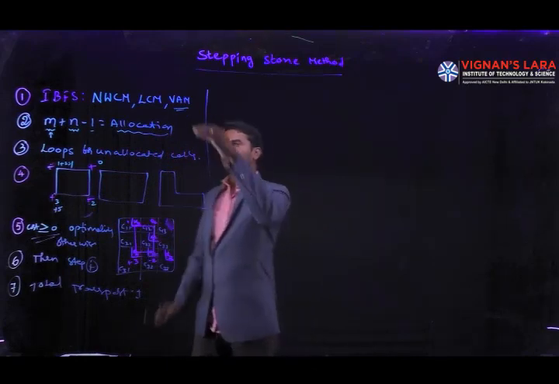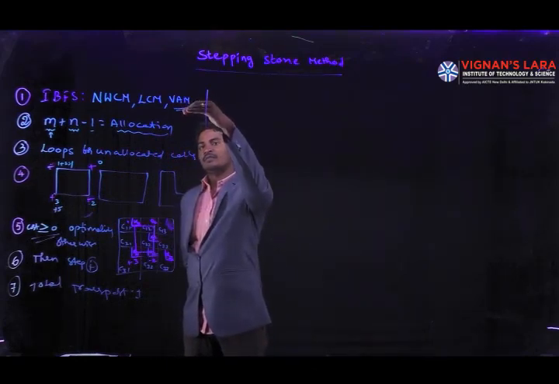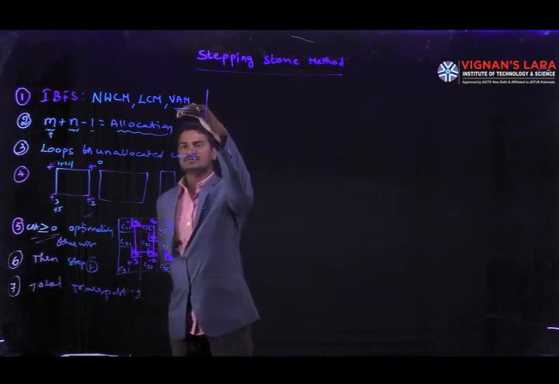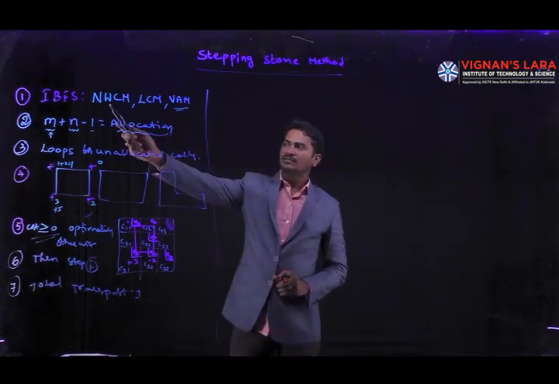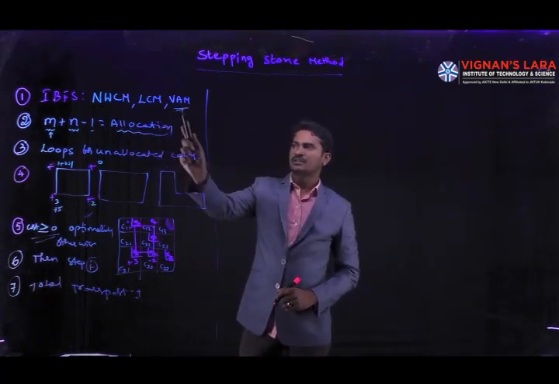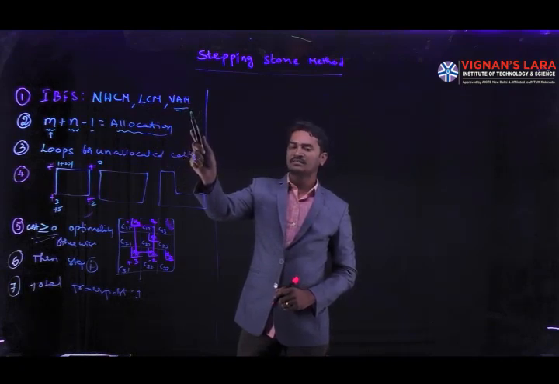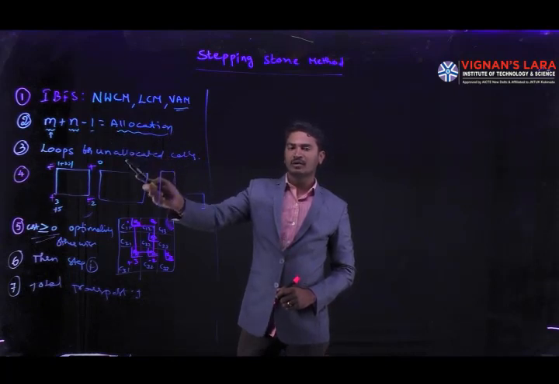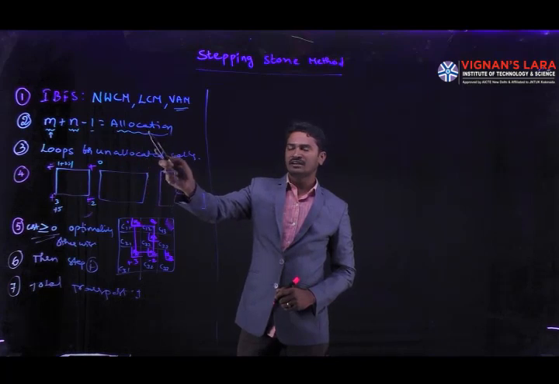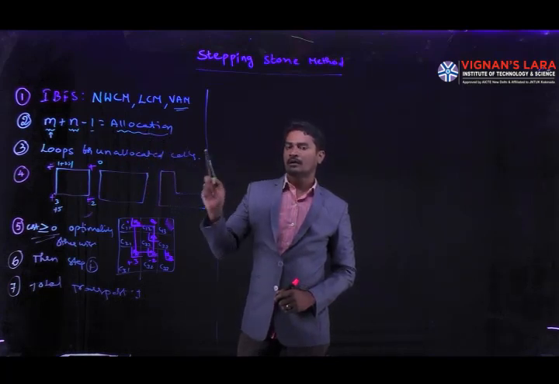Here what we did in the first step, we find the initial basic feasible solution. We found the initial basic feasible solution with the help of 3 methods. One is northwest corner method, least cost entry method, and Vogel's approximation method. After finding the initial basic feasible solution, we have to check the degeneracy. If it is a non-degeneracy, we go for optimality. If it is a degeneracy, again we have to resolve the degeneracy, then only we go for optimality.